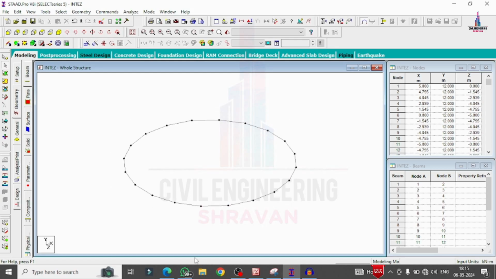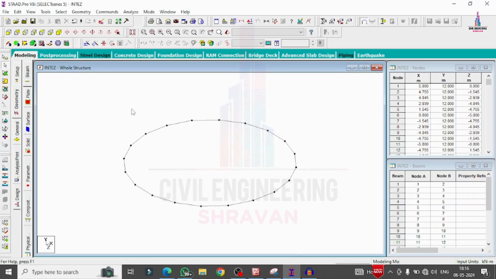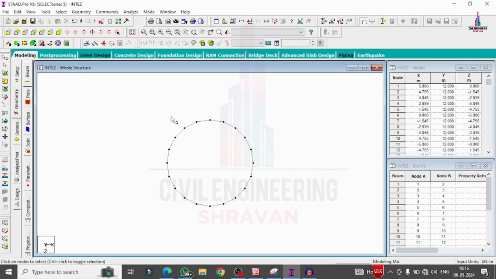After this, we will create the second number, which is related to the bottom staging. So here we are done with complete modeling of this particular number 1 stage. Now we are going with the modeling of the bottom staging. For that, firstly we will select the top view. Generally we will select this particular node cursor. So now we have to select the alternate node points for this particular section.